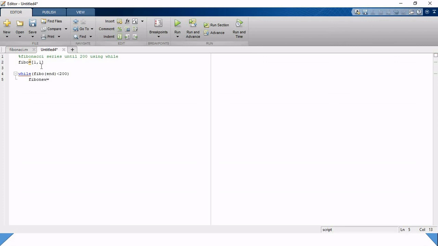Fibo_new is equal to Fibo(end) plus Fibo(end minus 1). Okay, this is our statement. Fibo(end) plus Fibo(end minus 1).